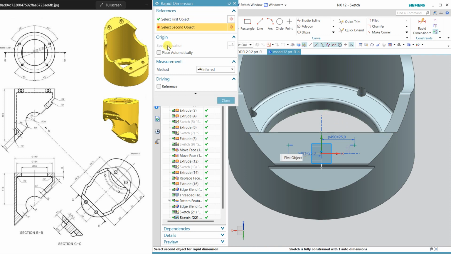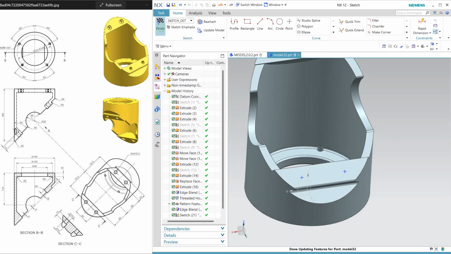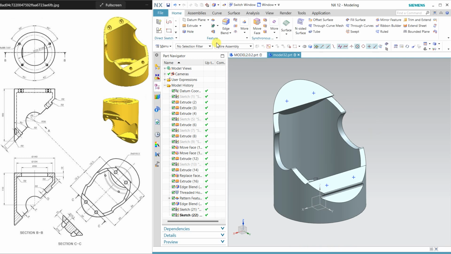Now apply dimension, reset, is to 12.5, close, finish.